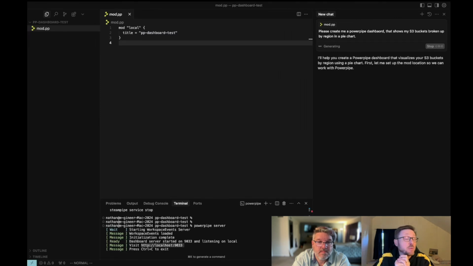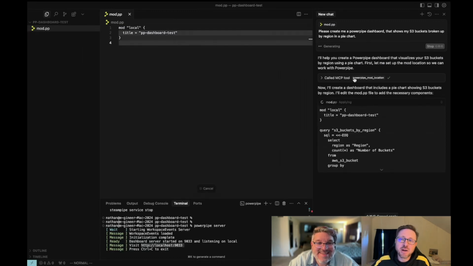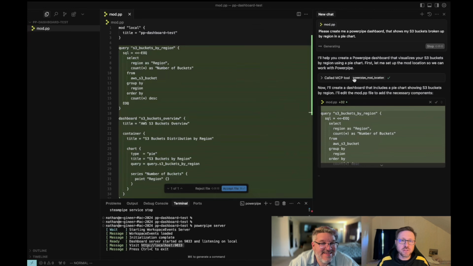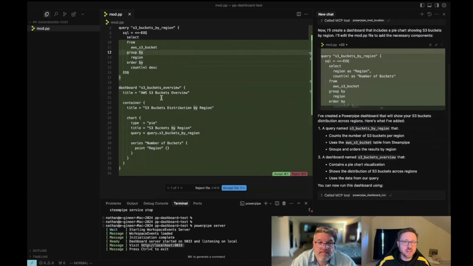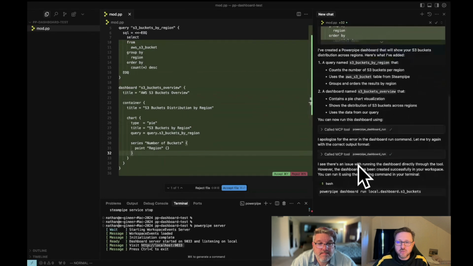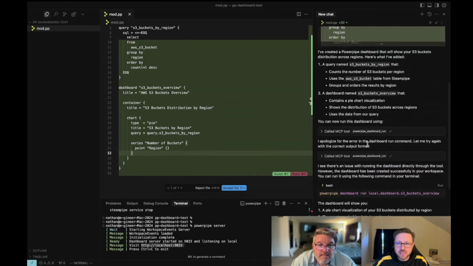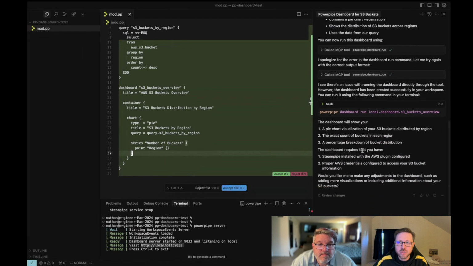I have not tried this before, so it's a wild adventure to see what happens when we do these things. First of all, it's setting the Powerpipe mod location to the current place, so that's good. It's created ourselves a little query here to get our buckets by region. It's created ourselves a little dashboard chart with that. And now it's testing. It's started trying to test itself by running the dashboard, etc., to see if it can get stuff to work. So hopefully,